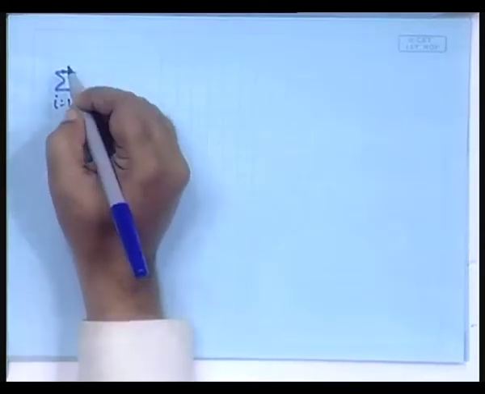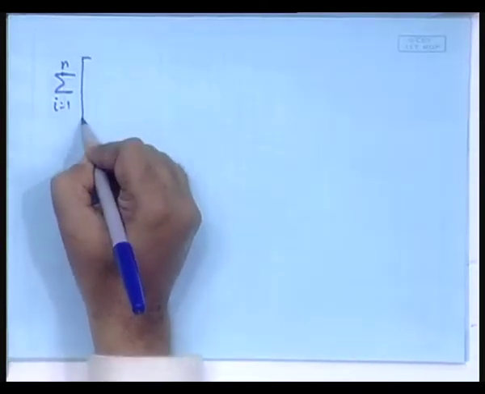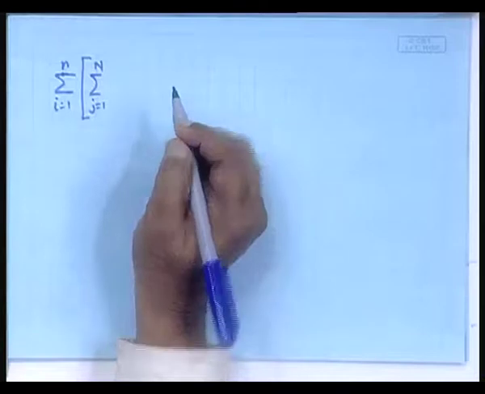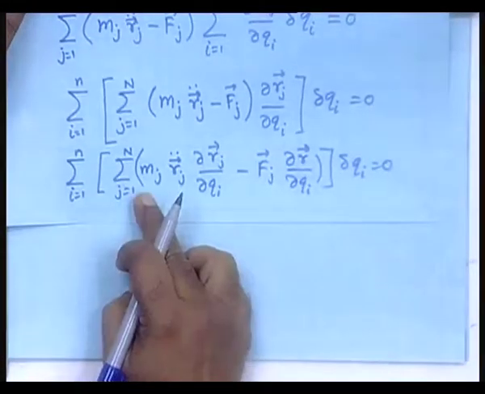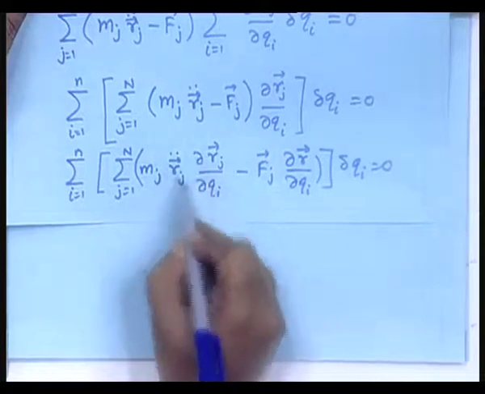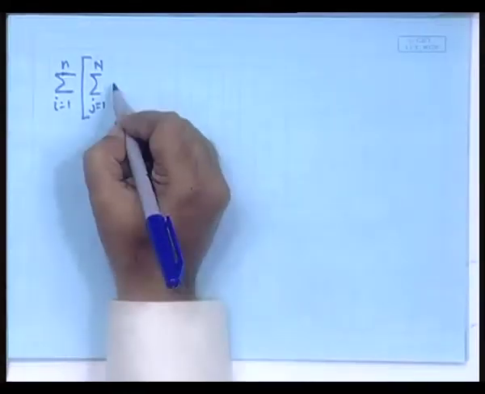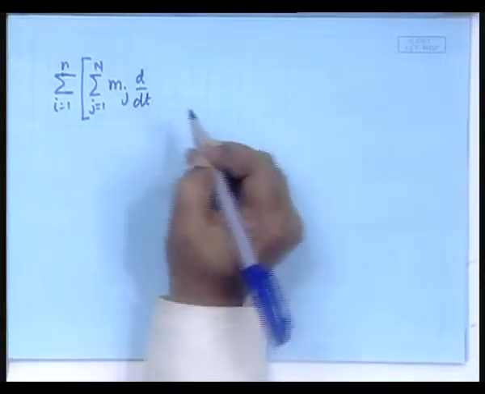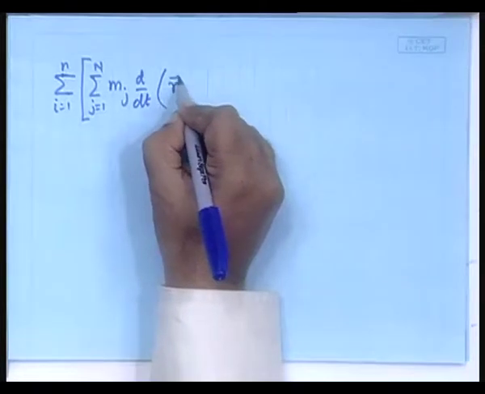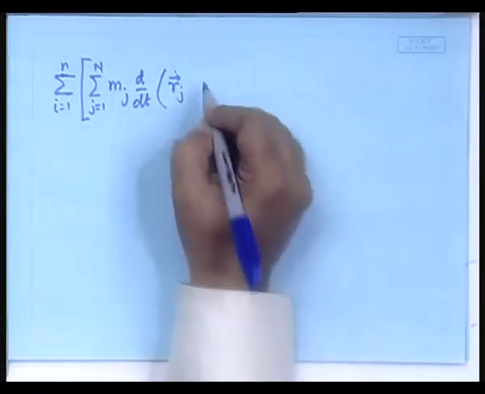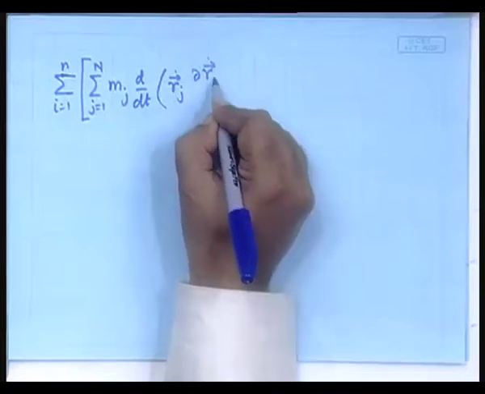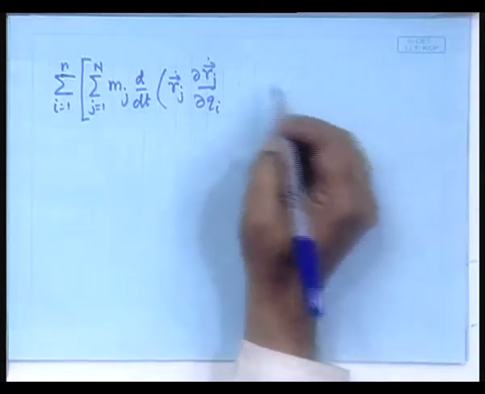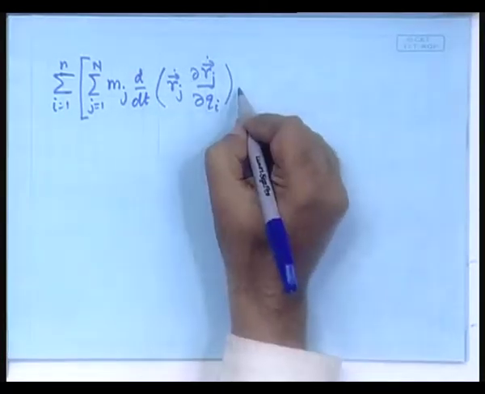i is equal to 1 to small n, then we have a bracket, then it is in terms of j is equal to 1 to capital N. This is what we are writing, m j, then this is substituted. So, it will be m j d dt of r dot j, dou r j dou q i, fine, minus